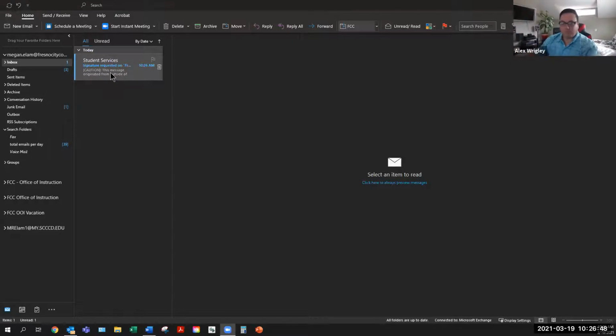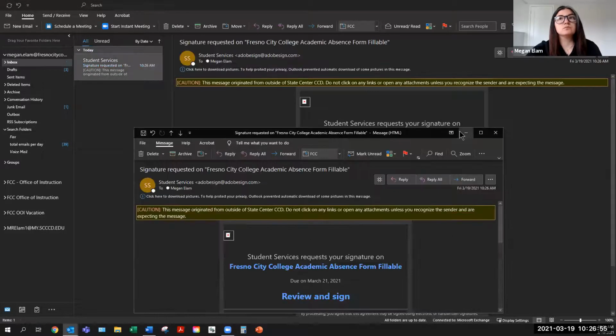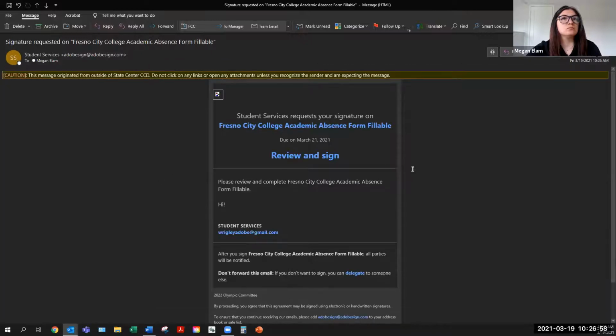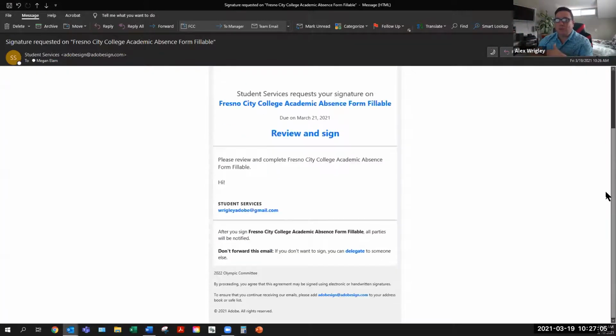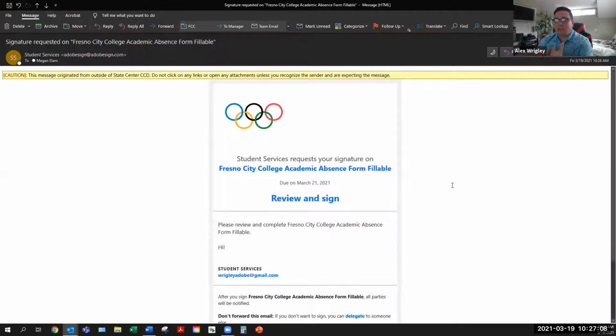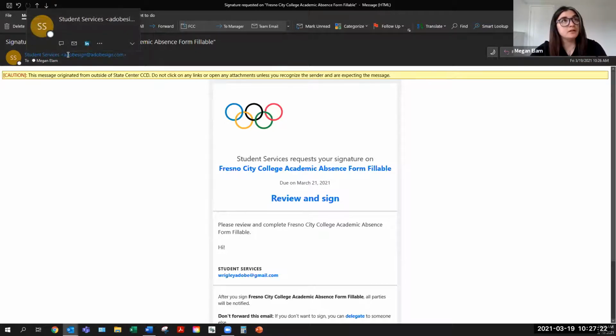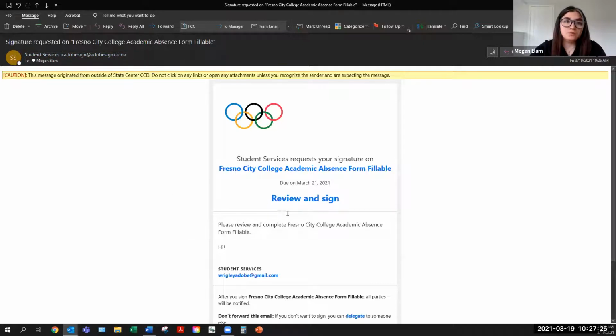Okay. So now you can see that I received this email, and you note that it doesn't say from Alex. It says student services. I set up my account to be more of a service account, so it doesn't look personalized from me. We're representing a department, if you will. So when the forms come through from Adobe, they're going to look something like this. Whenever I send them, they say Megan Elam, Adobe Sign at adobesign.com. These are pretty similar to what they look like whenever we receive them on email. And then from here, once you click the review and sign option,